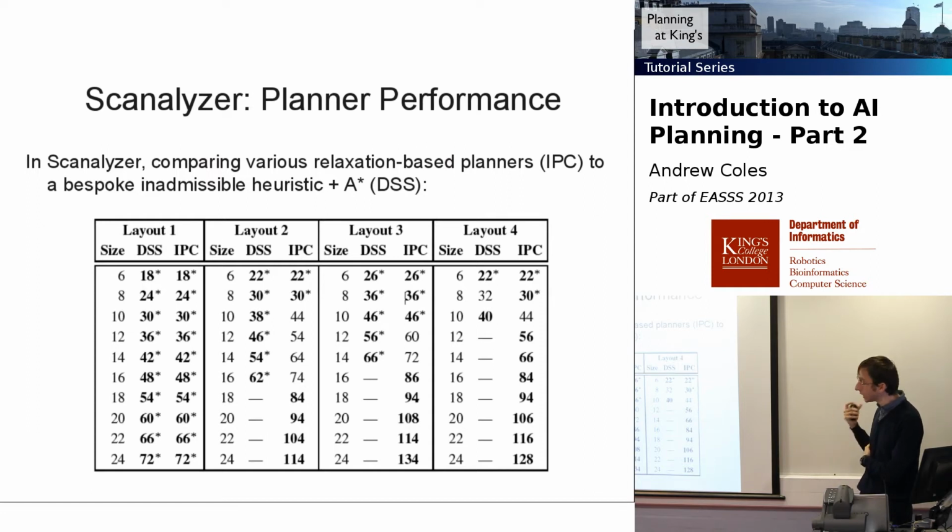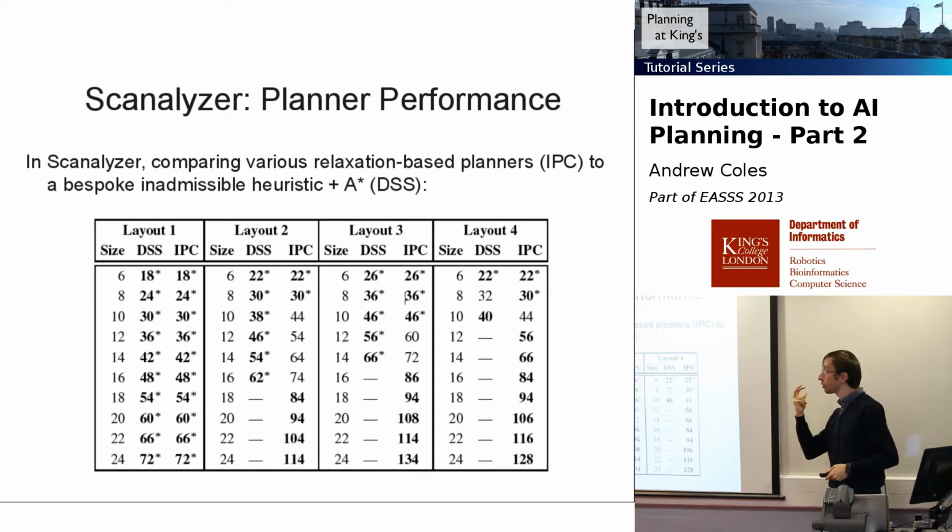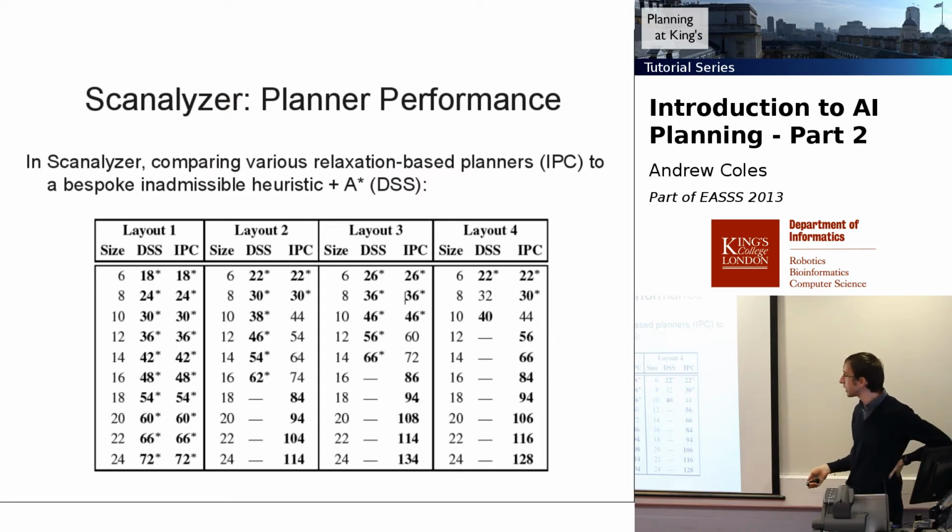So an inadmissible heuristic, which just works on this one problem, so something a bit like Manhattan distance, you might imagine, which just works for the 15 puzzle or the 8 puzzle. Well, you can write a heuristic that just works for Scanalyzer, and you're going to use it with A star. So if we look at this table here, and we look at the quality of the plans produced, so this is the cost of the plans, well, you can see depending on the layout of the greenhouse,